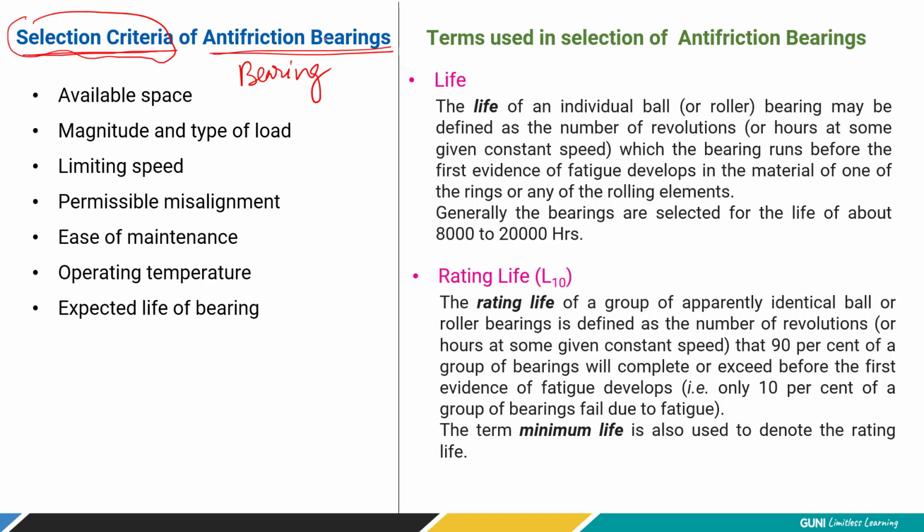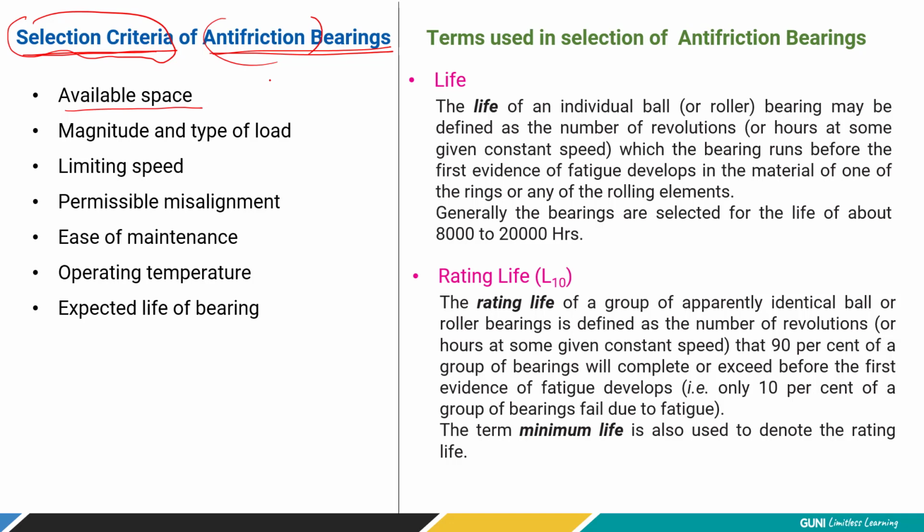Now, anti-friction bearing means it may be the ball bearings, maybe the roller bearing, because these are the two rolling elements. So both are commonly termed as anti-friction bearings, right? So how can you select it? First, what is the space available? You have to consider whether it is radial space available or axial space available. Based on that, you have to choose the anti-friction bearings, right? If a large column and housing are available, and the machine itself is very heavy and heavy load is coming up, then you have to use the thrust roller bearings or maybe the simple roller bearings.